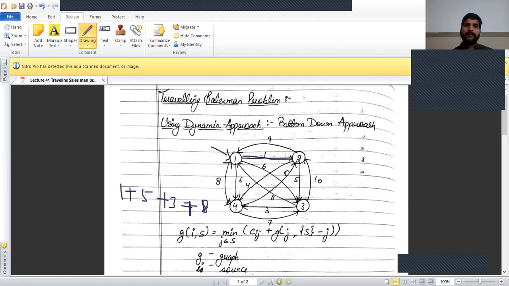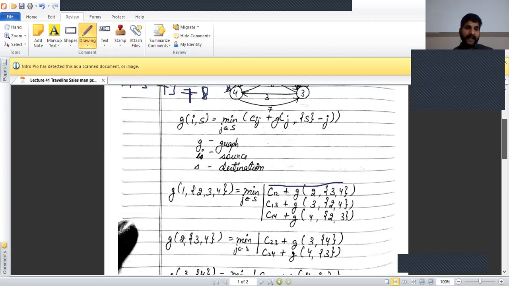This is an example of the traveling salesman problem with the dynamic approach. It provides the exact solution. Now the traveling salesman problem can also be solved with the help of the greedy approach and branch and bound approach. In the greedy approach, we solve all possible paths from the source to all other nodes, and all nodes are calculated. After calculating this, we find the optimal solution. But using the dynamic approach, we find the exact optimal solution. Thank you.